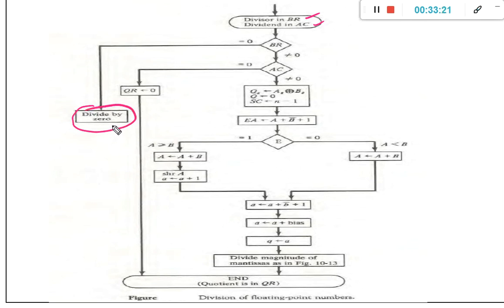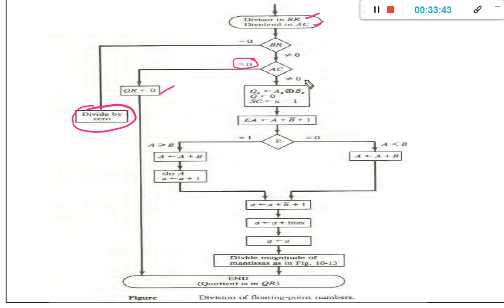If BR is not equal to 0, then check the AC value, the dividend. If AC is 0, then make the QR value 0. That is the final output, because 0 divided by anything is 0, and stop the execution.